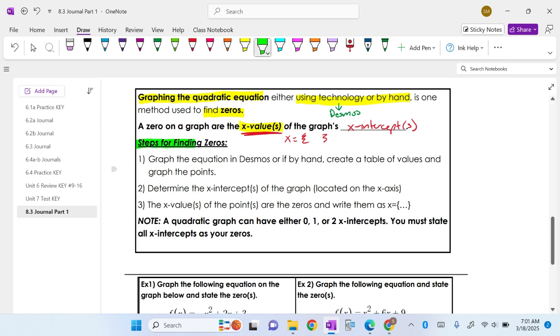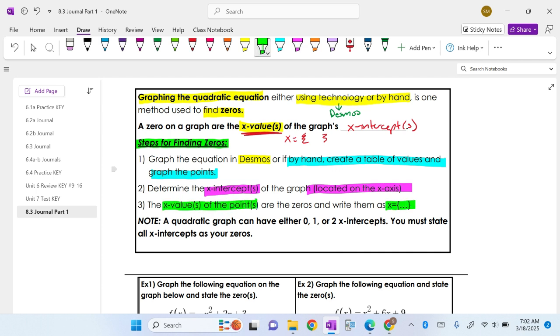So your steps for finding the zeros by graphing is first you want to graph the equation in Desmos. So you either graph it in Desmos, or if you're doing by hand, you're going to create a table of values and graph the points. And by creating a table of values, I mean pick a couple of x values, plug it into the function, get the y. Then we determine the x-intercepts. And again, it's located on the x-axis. And then we want the x values of the points,